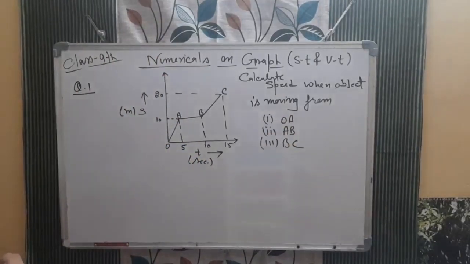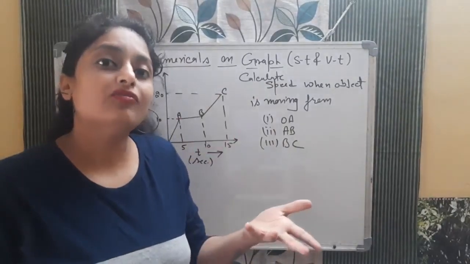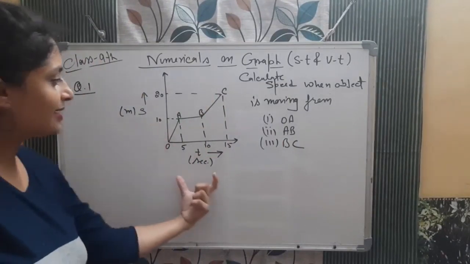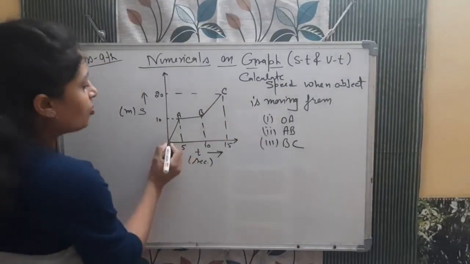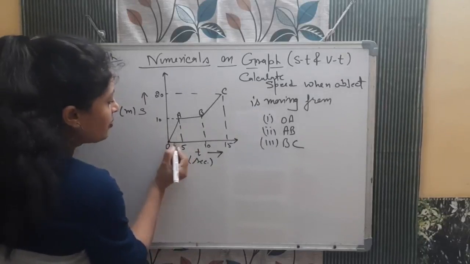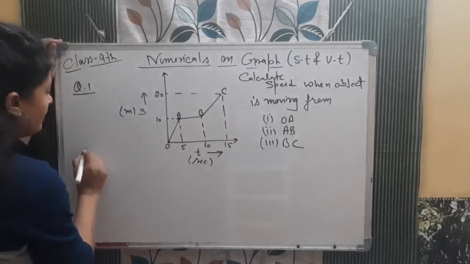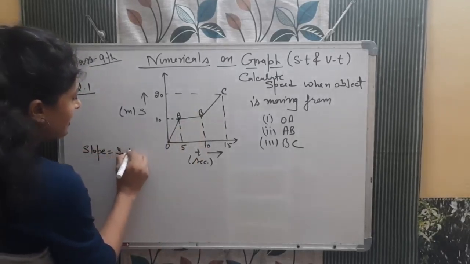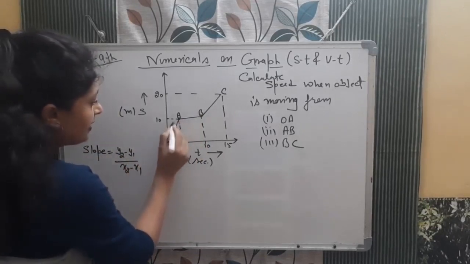See, it's very simple. Already we told that slope means what? In distance time graph, slope means speed, because y-axis divided by x-axis, distance by time is what? Speed. So see, in case of the OA line, its starting point is here and the ending point is here. How to calculate slope? Formula I told you, y2 minus y1 divided by x2 minus x1. So we will take 2 points on this graph. This point and this point.